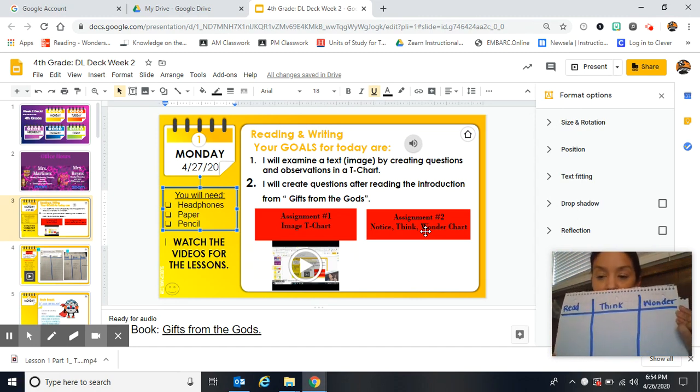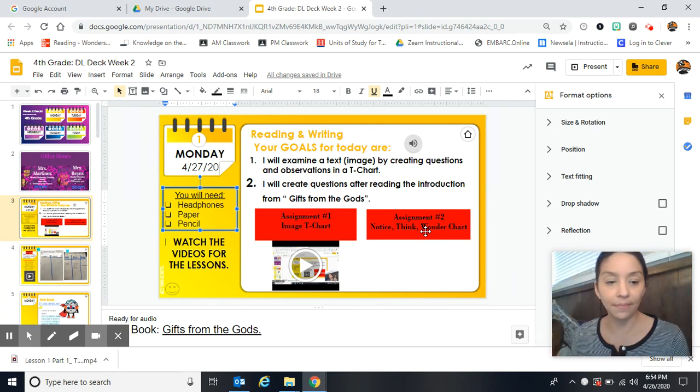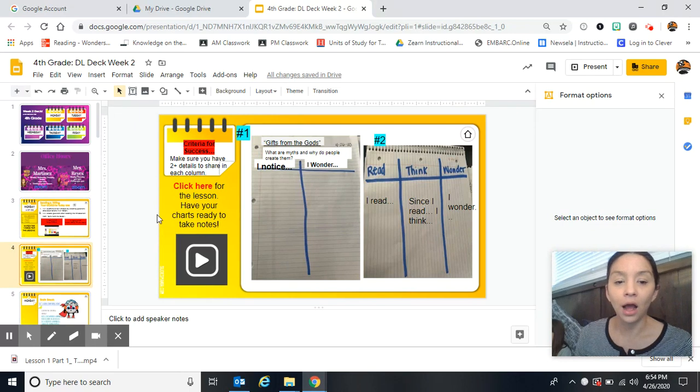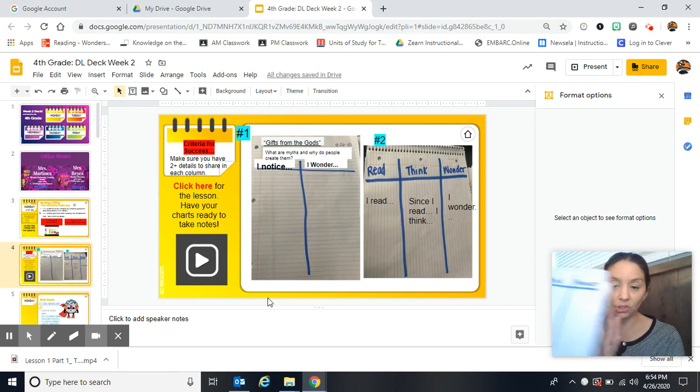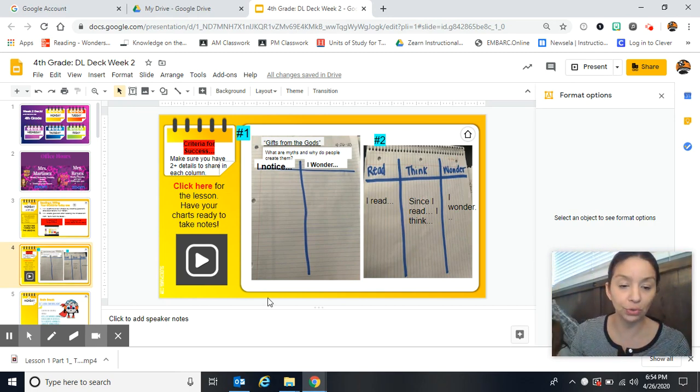As you can see, I just flipped over to the next page. I put the date at the top, read, think, and wonder. Once I do that, I'm gonna go to the next slide because I wanna show you guys the charts, and it says, click here for the lesson, have your charts ready to take notes. So once I have my charts ready, I'm gonna go to the lesson,